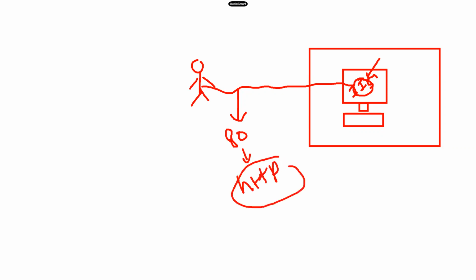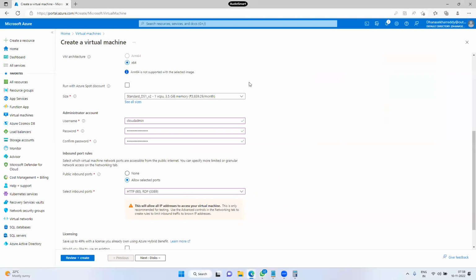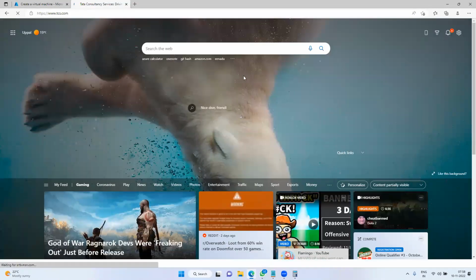HTTP means Hypertext Transfer Protocol. If your application is very secure, we will use 443, that is HTTPS. What is IIS? I will come to that point. For example, TCS.com is there, right?